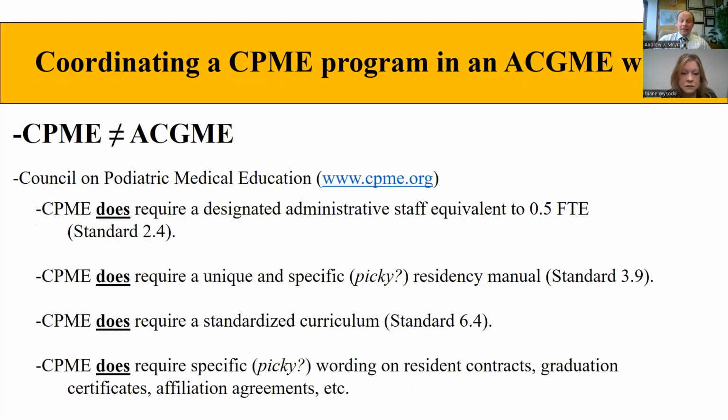Another difference that directly affects program coordinators is that it always used to be that there had to be a, quote, designated administrative staff for the podiatric residency programs. But that had been relatively subjective. It is now objective as of July 1st, that it has to be the equivalent of at least 0.5 FTEs, or full-time equivalents. So that is also something that all program coordinators and program directors need to be aware of effective July 1st, is that there is now an objective measure on that. There has to be a designated administrative staff from the sponsoring institution, and now that has to be at least